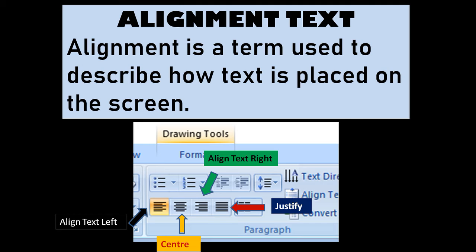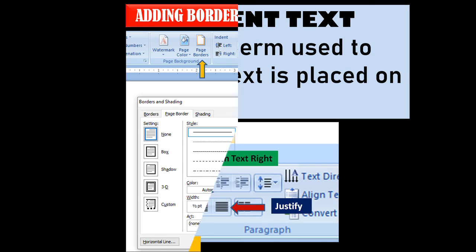Left alignment puts the text on the left margin, left side; right alignment puts the text on the right side of the document; center puts it in the center; and justify aligns the text evenly between the left and right margins. So these are the 4 types of alignment in a document.